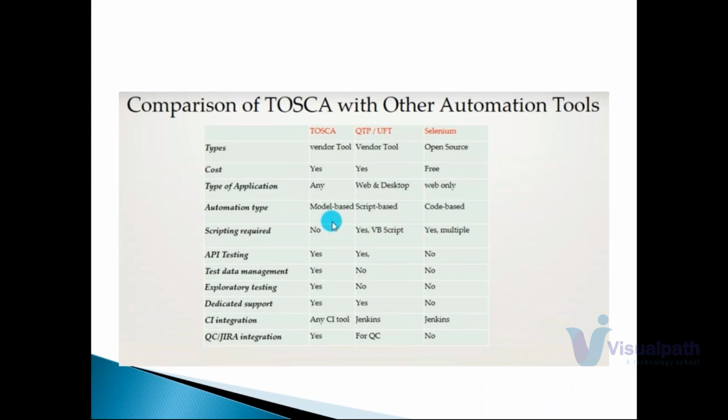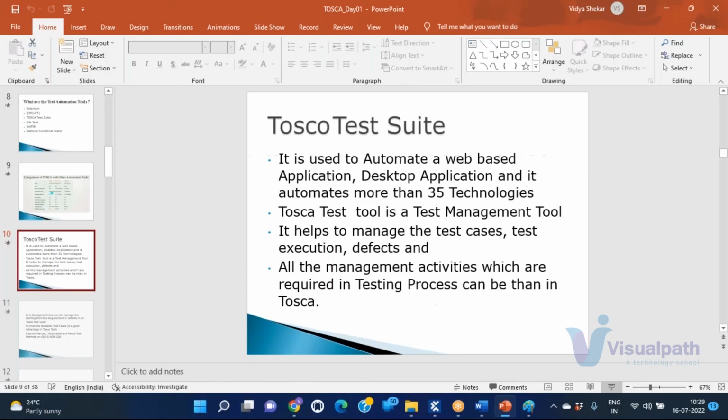Okay, Jira integration. Jira is one of the project lifecycle management tools which we'll be using as part of the application. This I'll be teaching you later. So why should you go for Tosca? Because it is supporting all these features. Now the next question is